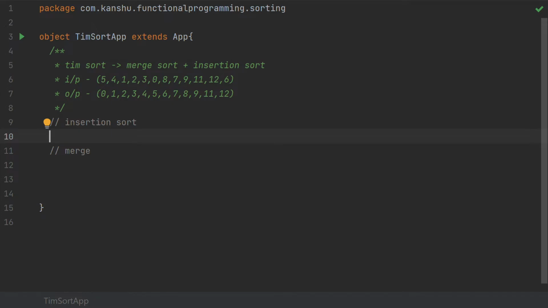As we know, for TIM sort we will have something called minimum run length, which will be a value that we assumed as 3. The reason for having it 3 is just for demonstration purposes. When your array size is less than or equal to the minimum run length, it will not be further divided and insertion sort will be applied on top of it. So let's implement